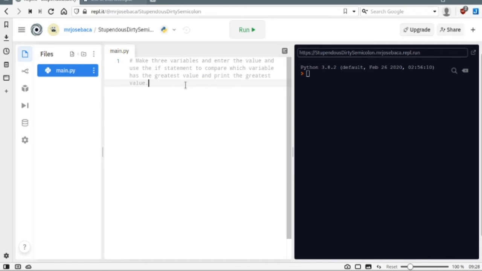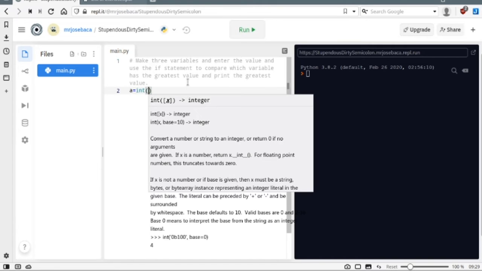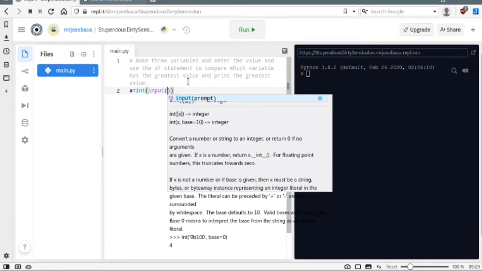Okay, and now I can start here working. It's telling us to make 3 variables, so I'm going to start making 3 variables, and it's telling us to enter the value. So I'm going to say here int input,